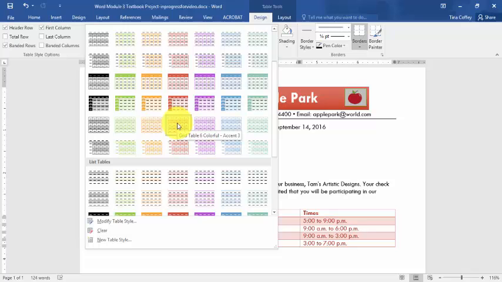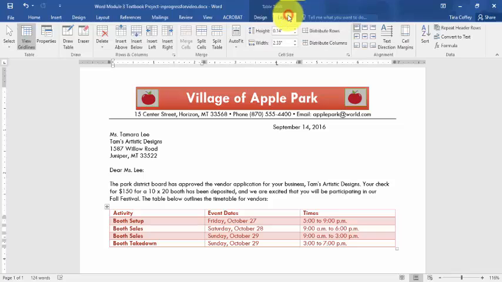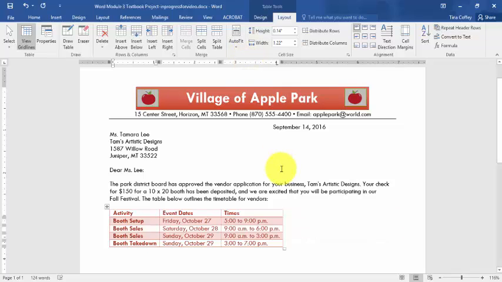So I'm going to choose Grid Table 6, Color Accent 3, and you'll see it changes my table to a nice pretty red. The other thing I can do under the Layout tab is I can auto-fit my table so that it fits the contents that are inside of it. So I'm going to choose Auto-Fit. There's some choices here too, but in this case Auto-Fit Contents will make my table exactly the size of the